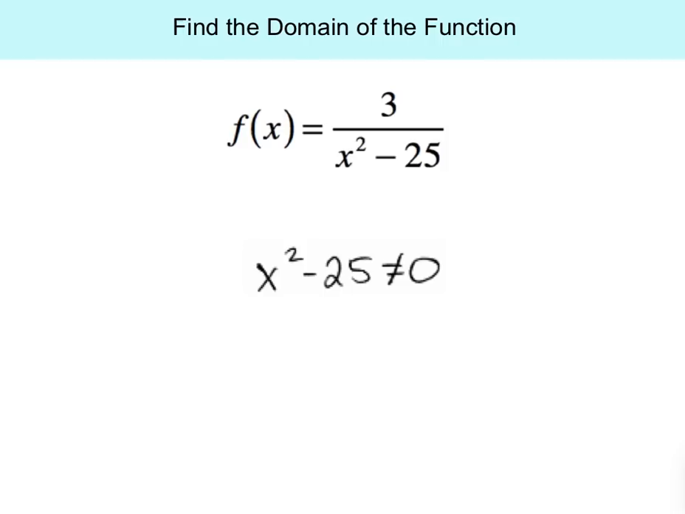Now, looking at this equation, it's a rational equation. I cannot have my denominator equal to 0. So to find the domain, I have to set the denominator not equal to 0. Once I do that, I can solve for those values that should be excluded. Once I do that, I know that my domain is all real numbers